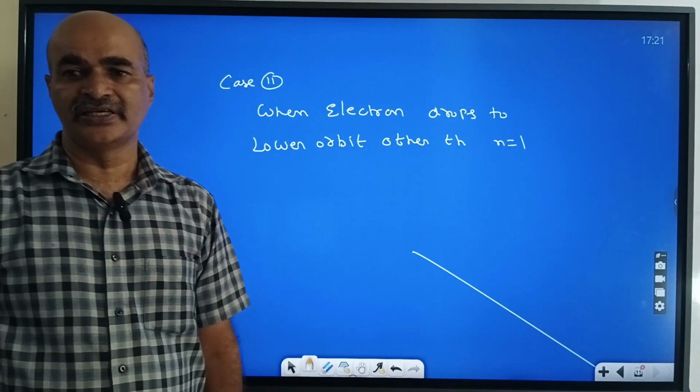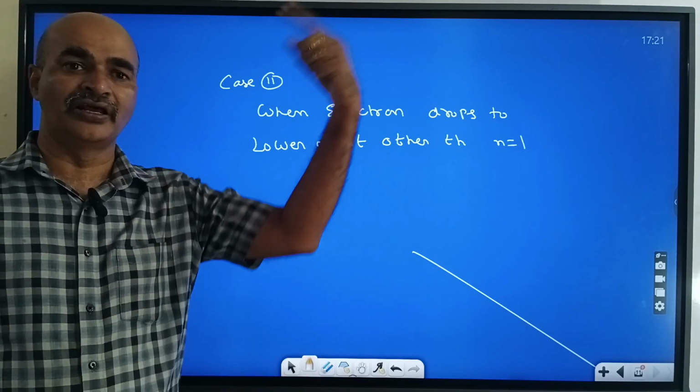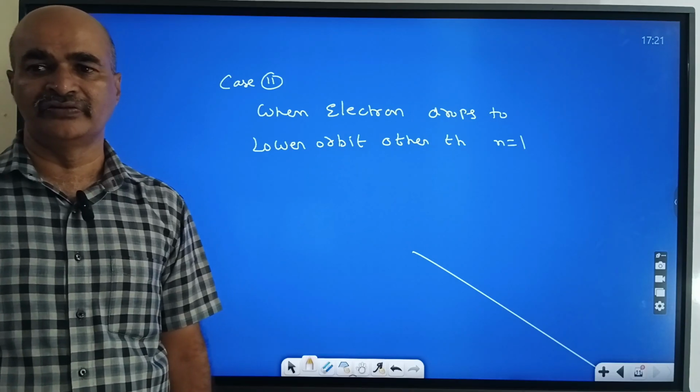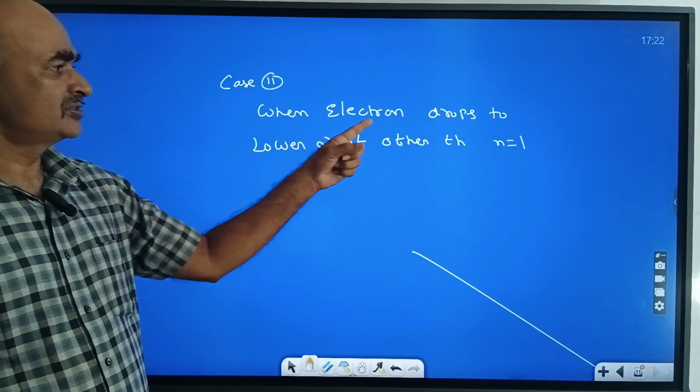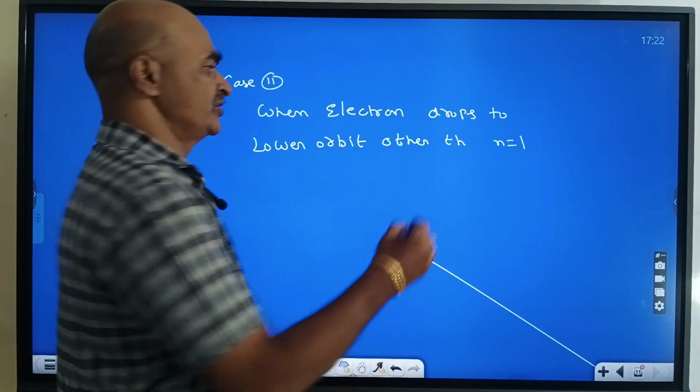In the previous case, the electron is de-excited to the ground state from a higher orbit, and the number of spectral lines is equal to n into n minus 1 divided by 2. But in such a case, when the electron drops to a lower orbit other than n equal to 1,